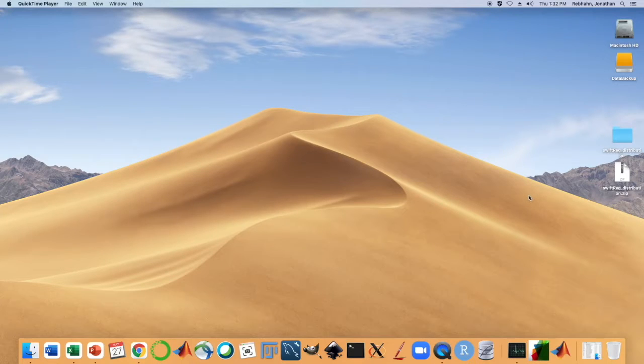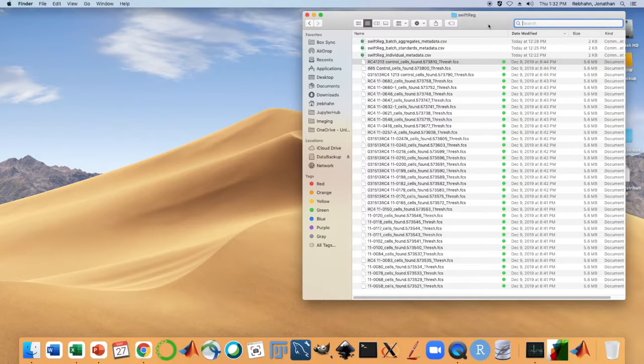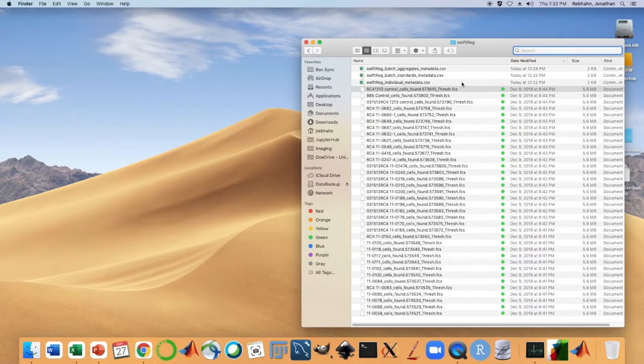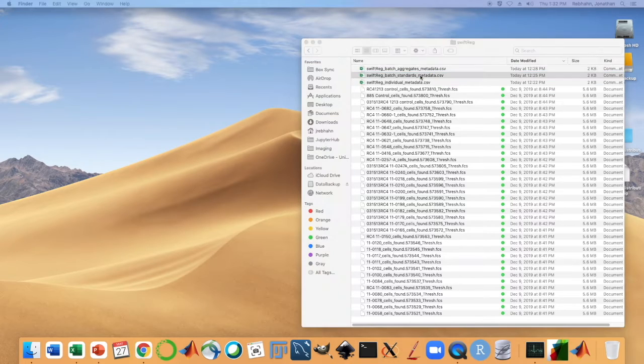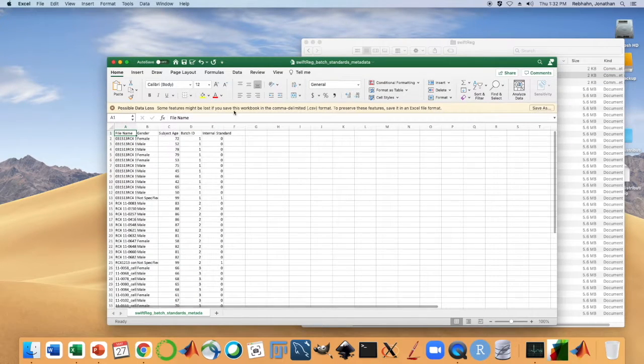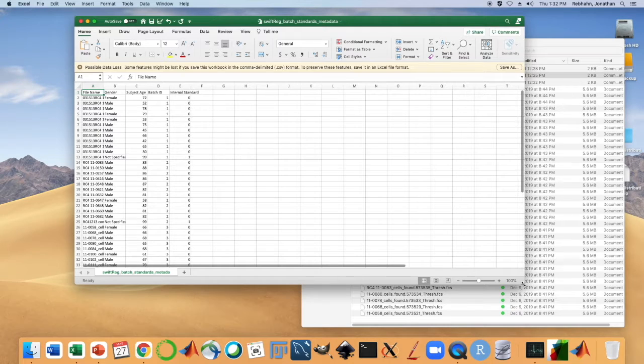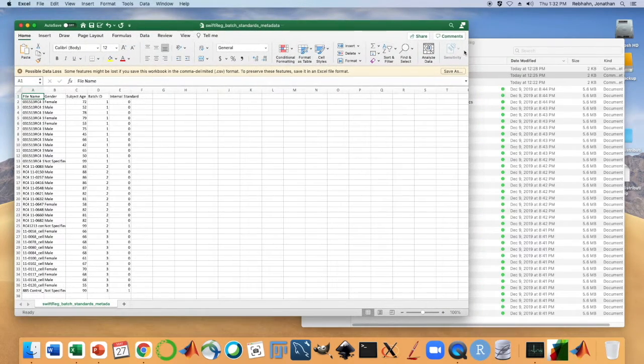Over the course of these videos, I will show you how to create a metadata file and set it up in such a way that it can drive the flow of the process through registration. And the first one that we'll look at is just a standard batch registration setup. So for example, I have a number of files, FCS files, already